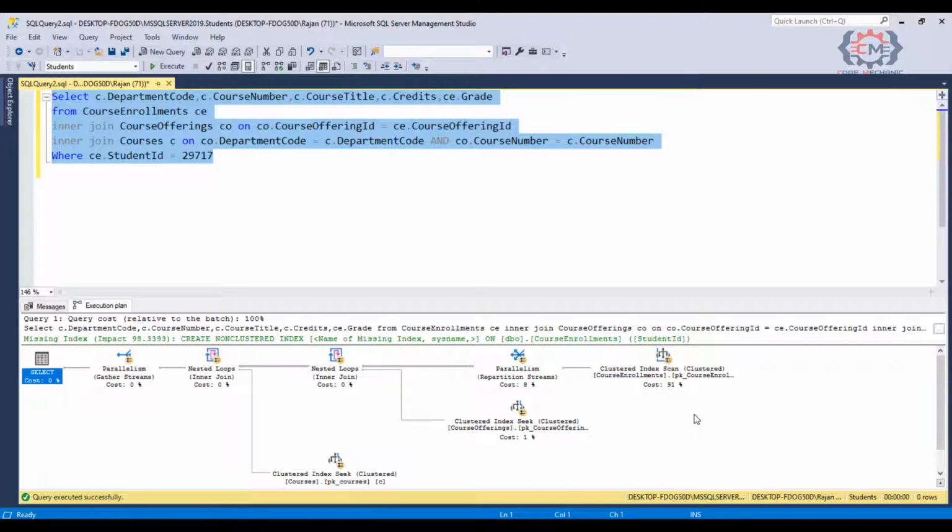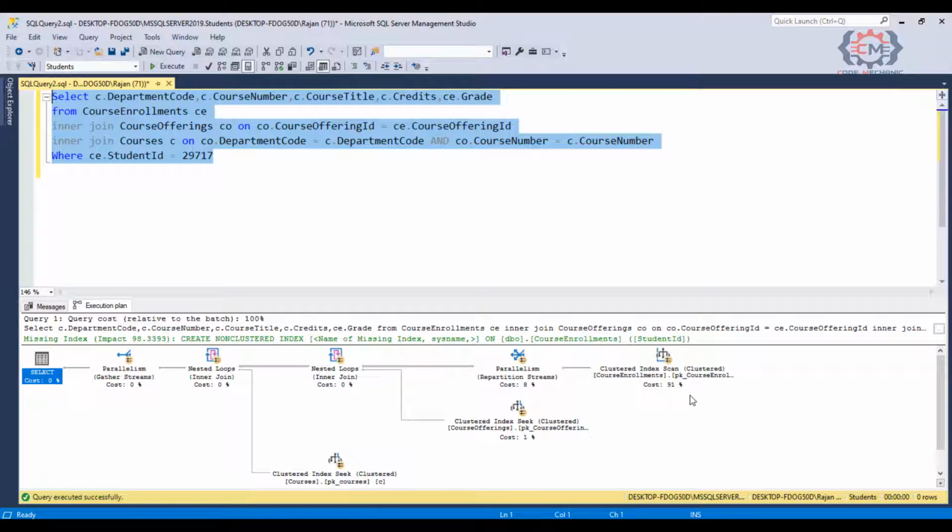I brought the execution plan for our SQL statement back. And by now we realized this operation here, the clustered index scan, is responsible for most of the cost of this SQL statement. As we discussed, this operation is reading all 37 lakh rows, which is 12,000 pages from the table, just to find the handful of rows that we need for one student. So there is a lot of waste here. So what can we do now?